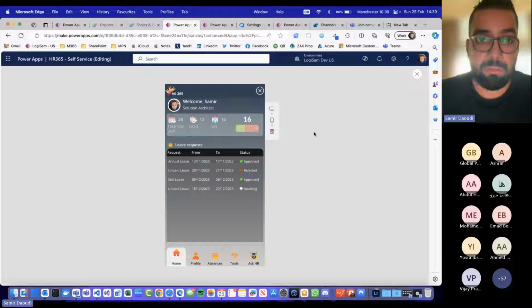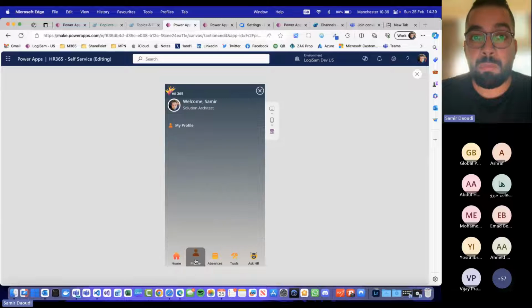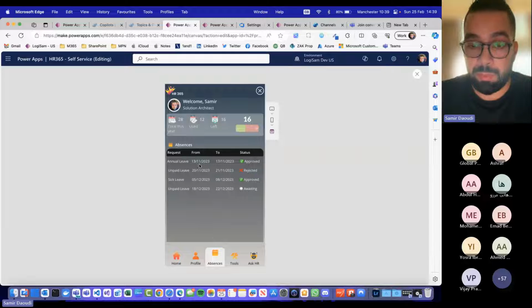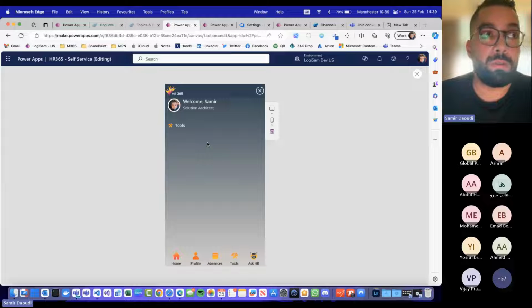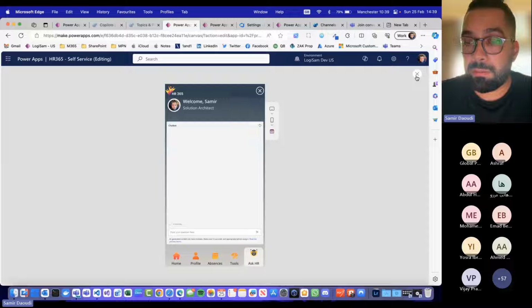You can have things like, for the users, they can see how many days left they have. They can see their leave requests, annual leave, unpaid leave, sick leave, and so on. Their status, the status of each one of them. Profile, they can change basic things like, I don't know, change of address or personal mobile phone or next of kin and things like that. They can review their absences, submit a new one. Tools will be used for things like set my out of the office message or a couple of things like that. But you can also embed the same